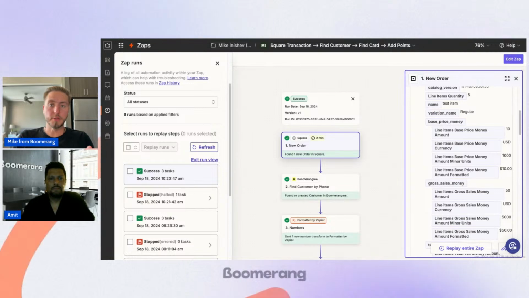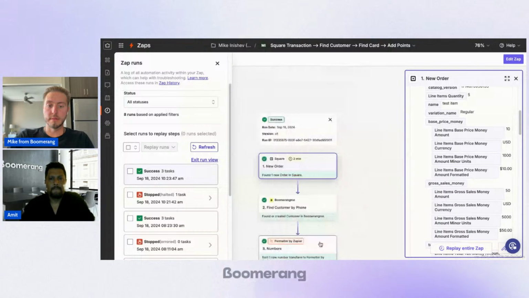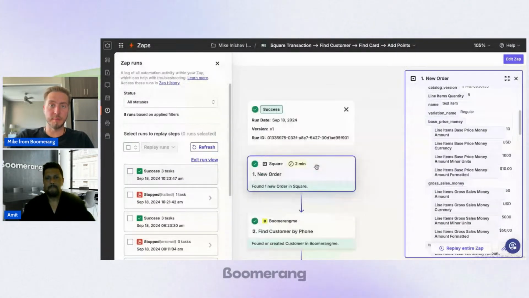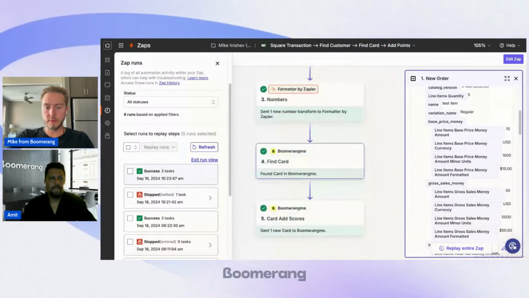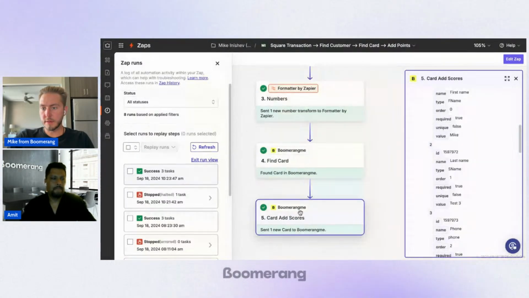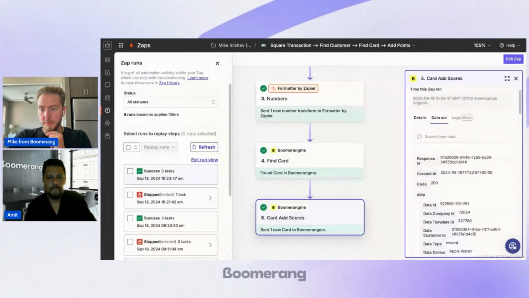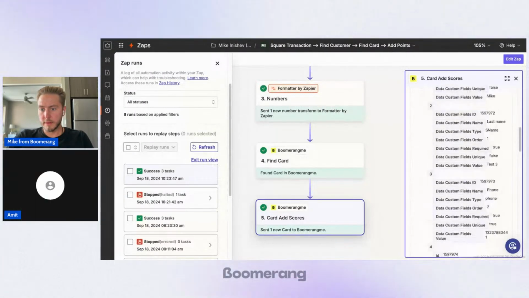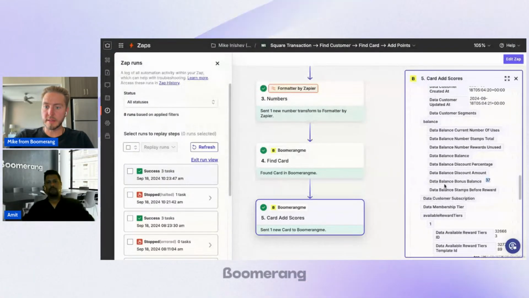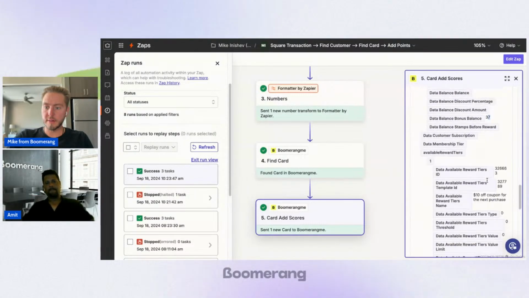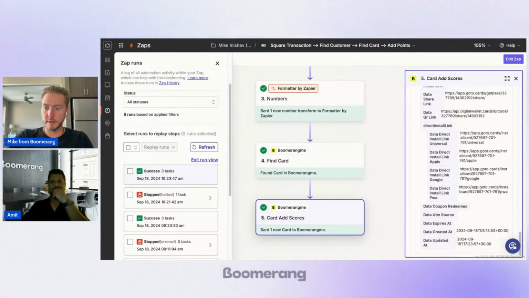In Zapier, you can troubleshoot your current integration, and if something is going wrong, you can see successful and unsuccessful automations. You will see which step is not working as expected, and you can easily customize and fix it. And right now I can see that my card has been updated successfully, and I received bonus points. My bonus balance is 37 points after the last transactions, which is very good